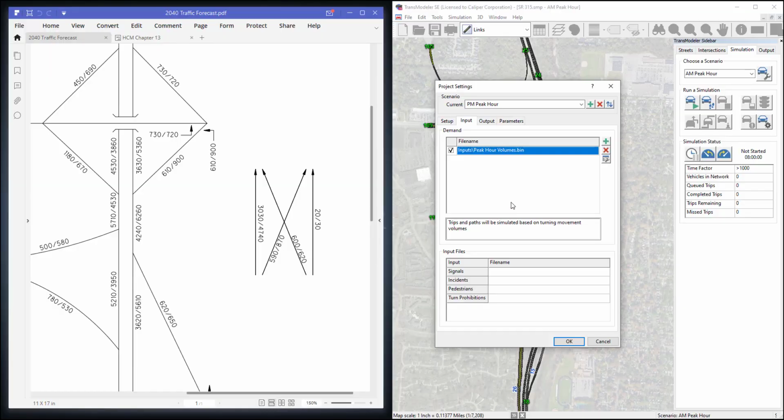The start and stop times, as well as the output folder for the PM peak hour scenario, should also be